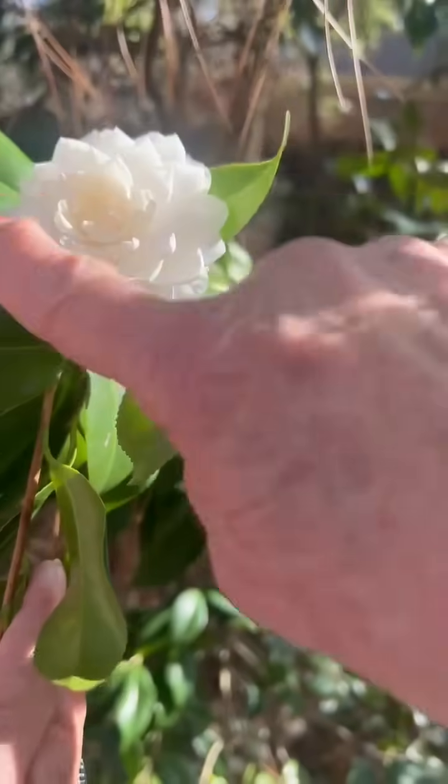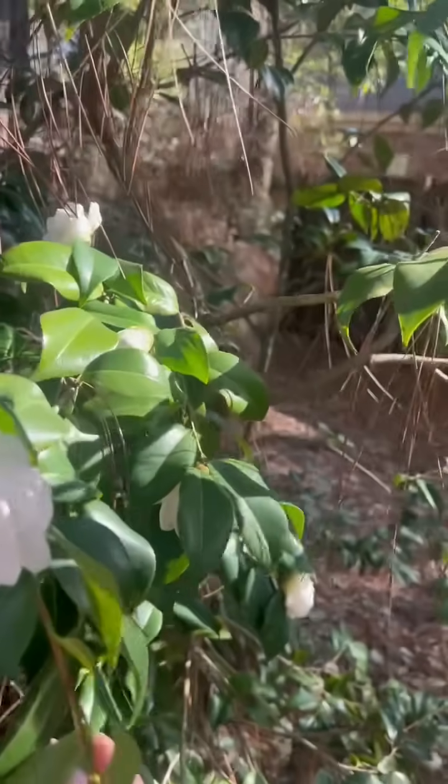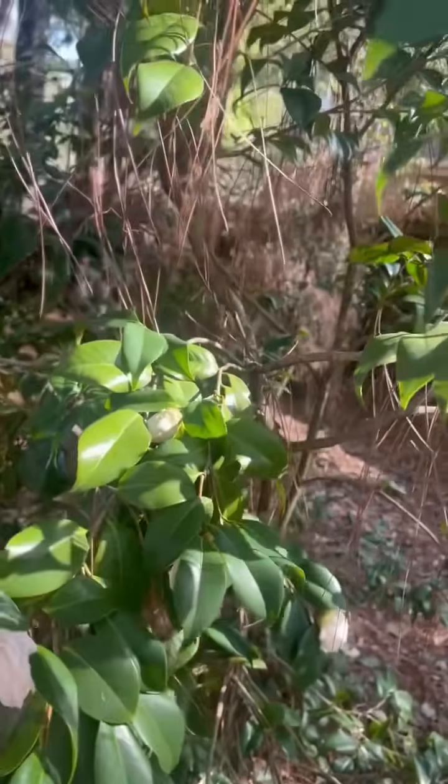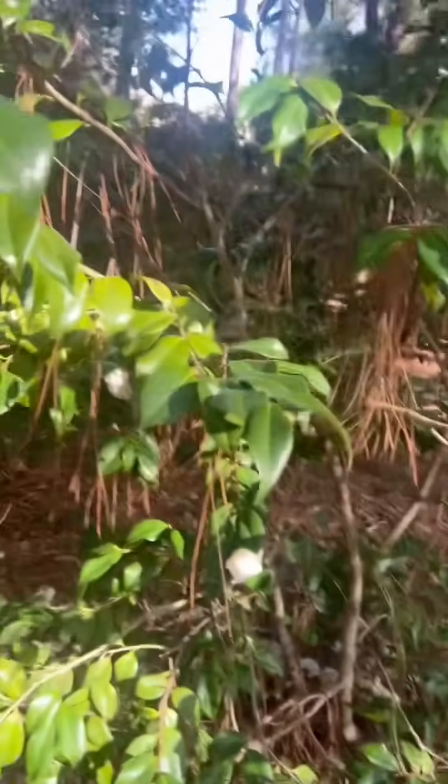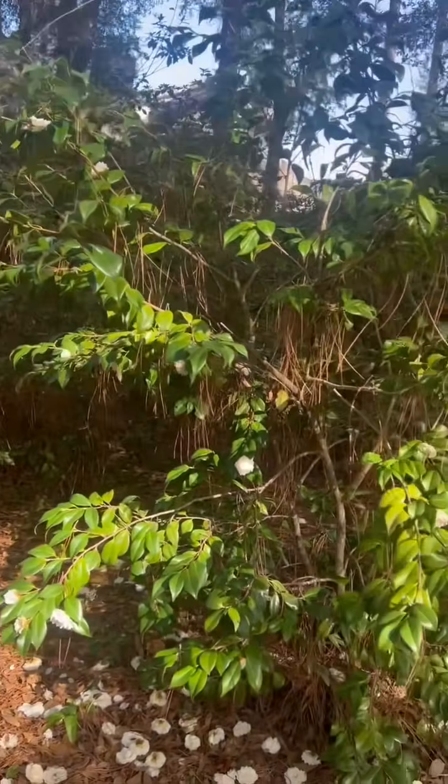And it's got so many petals, and they're all perfectly... I hope mine grows. I'm going to try to take care of it. And so, do you trim yours or what? No, I don't touch them. We want them to be big, don't we? And then this one is...